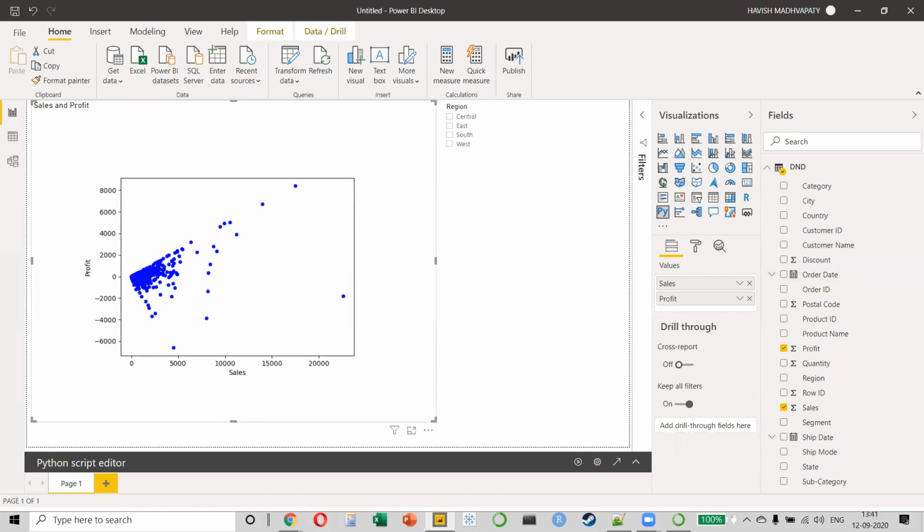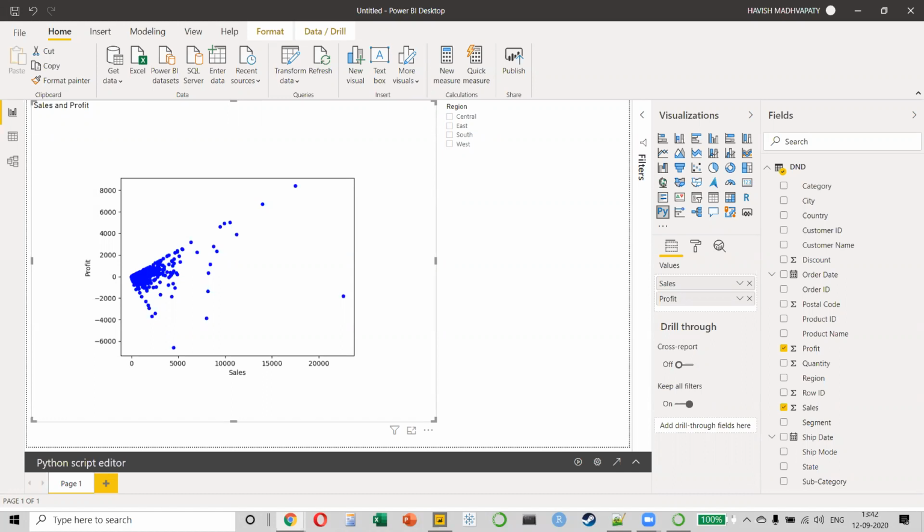Now, please remember, there are lots and lots of restrictions. Everything that you can do normally on Python will not work on Power BI like this, right? There are limits on the number of rows. There are limits on the types of libraries that you can use. And you will have to go to the website and see how all of these things work. But the good part is that for simple visuals that you want to create, R and Python can be integrated with Power BI as well. But I just wanted to show you what is the limit.